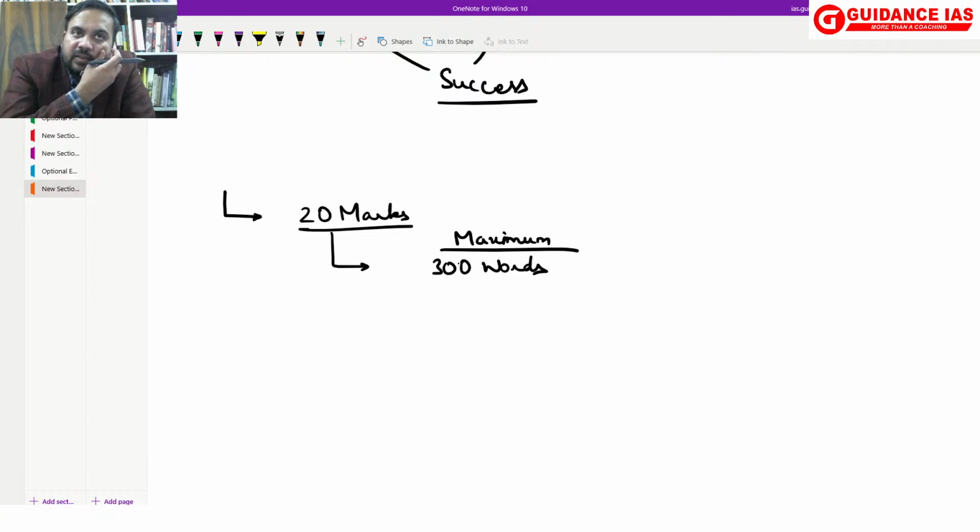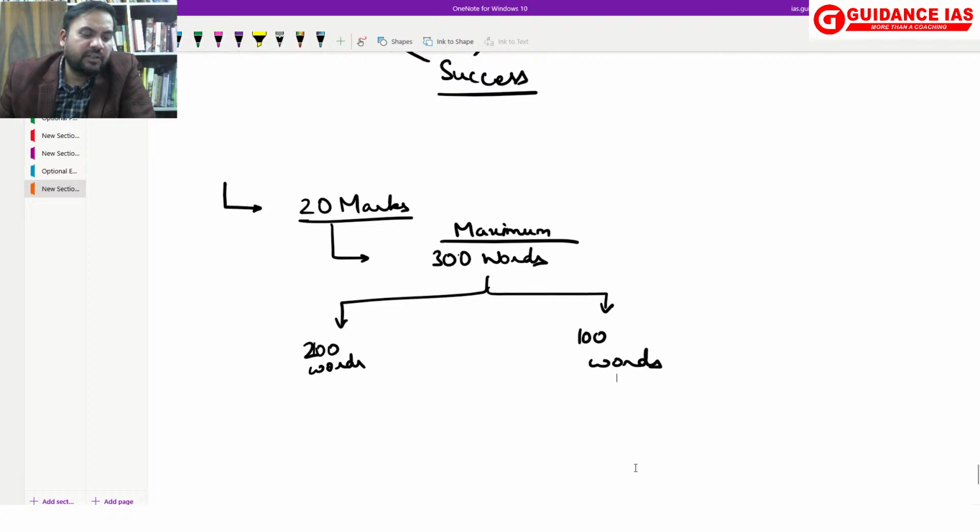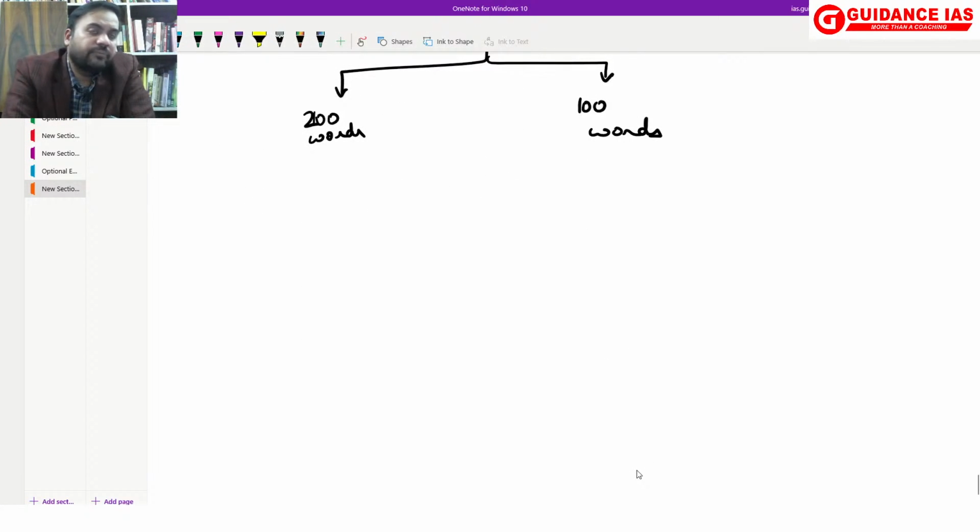ठीक है. So that means जो first part था उसमें around 200 words and 100 words for the second part. ठीक है, 100 words for the second part. So इस तरह से लिख सकते हो, and many places you could have used diagrams, for example, like for example जब मैं लिख रहा था, suppose